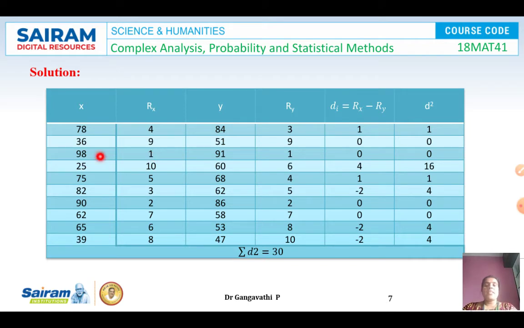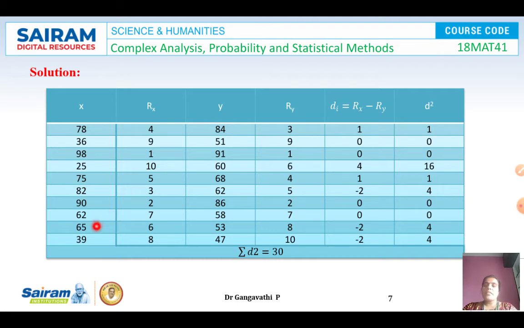Now we are writing it in the descending order. After 98, in decreasing order, what is the mark that we get? It is 90. Among the given values of X, 90 is the second value. Therefore, the student who got 90 marks will be assigned the second rank. Likewise, after 90, the next one is 82. So the student who has got 82 marks is assigned the third rank. Next, 78 is the highest mark after that, so the fourth rank has been given to it. Likewise, fifth is for 75. The student who has secured 75 has got the fifth rank.